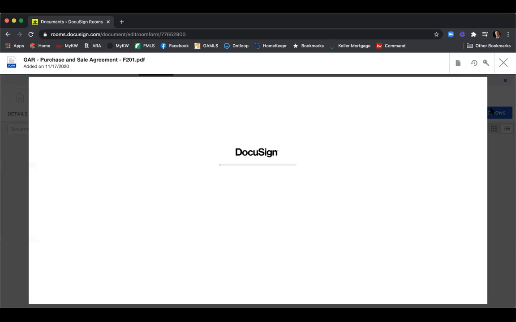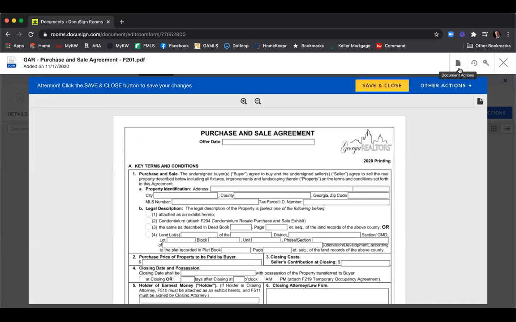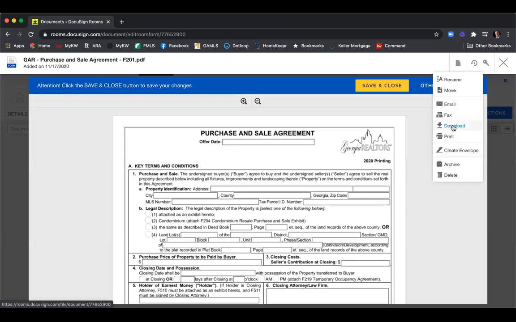And then up here in the top right-hand corner, there's this icon called Document Actions. It looks like a piece of paper with the corner dog-eared. So if you click on that, you can click download. But since we're creating templates, we want